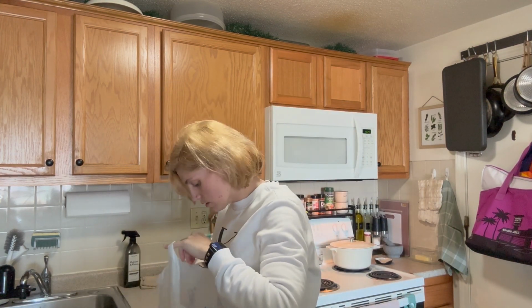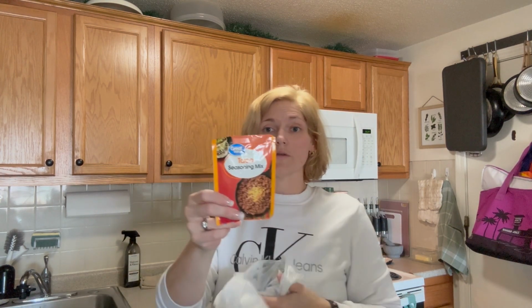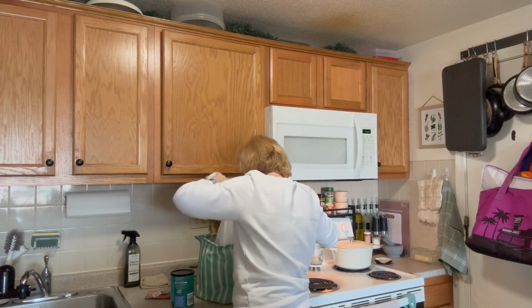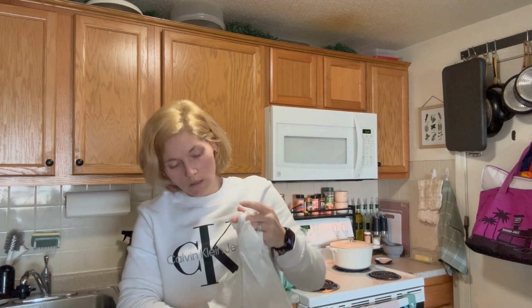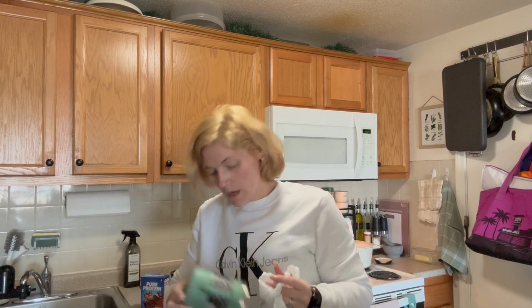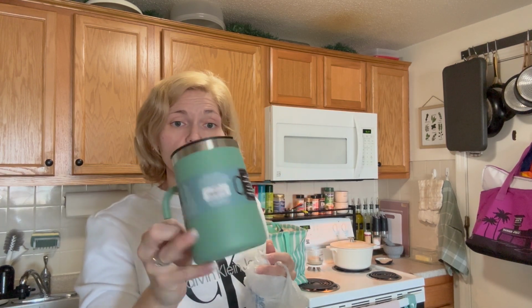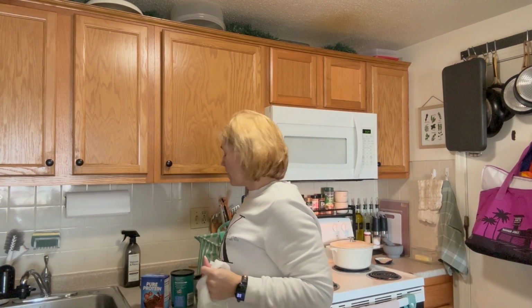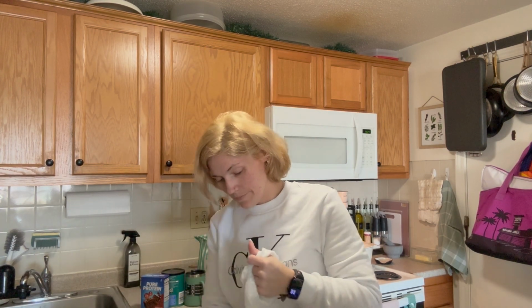I got some more decaf coffee, taco seasoning, and I got myself more protein bars. It's the pure protein ones. I found this for myself. It's a travel hot mug. I don't need it, but I wanted it. And then